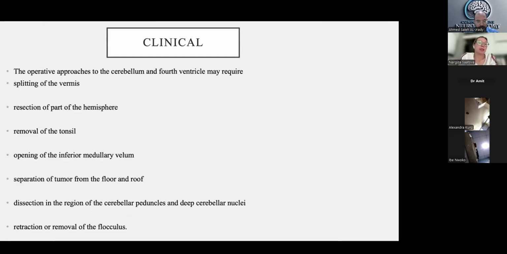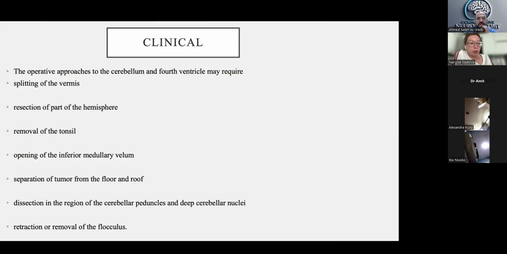What are the clinical implications? So the operative approaches to the cerebellum and fourth ventricle may require splitting the vermis, resection of part of the hemisphere, removal of the tonsils, depending on the diagnosis. When there is a Chiari malformation, or if we see scarring of the tonsils, or during some kinds of surgeries which cause hindbrain herniation, this is the time when we can see the scarring of the tonsils and